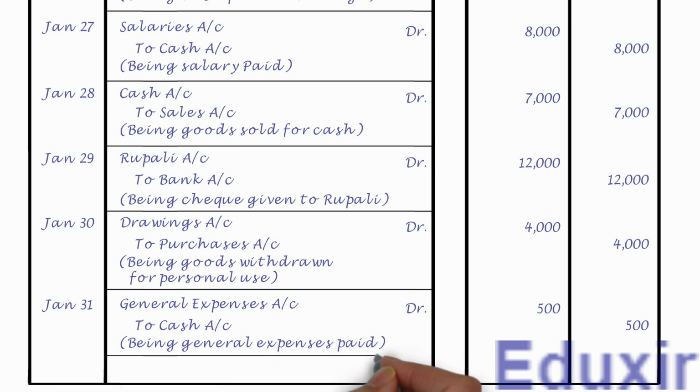Let us now draw a line to mark the completion of journalizing of this transaction. That completes the journalizing of this transaction. In fact, all the transactions. The total of all the accounts in the debit amounts column is 2,57,500 rupees. Similarly, the total of all the accounts in the credit amounts column is 2,57,500 rupees. With that, we have completed the journalizing of these transactions.